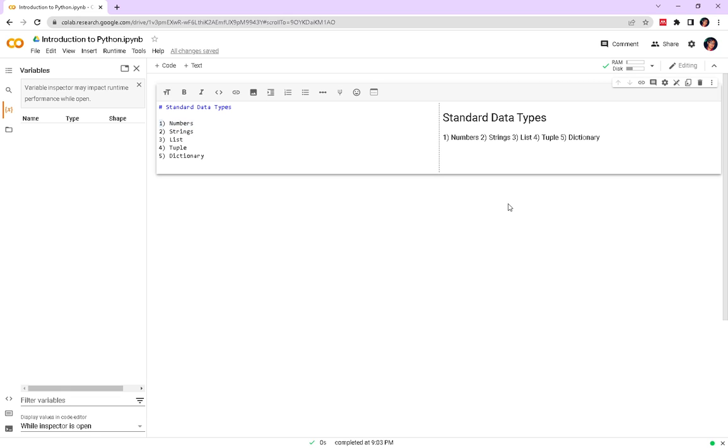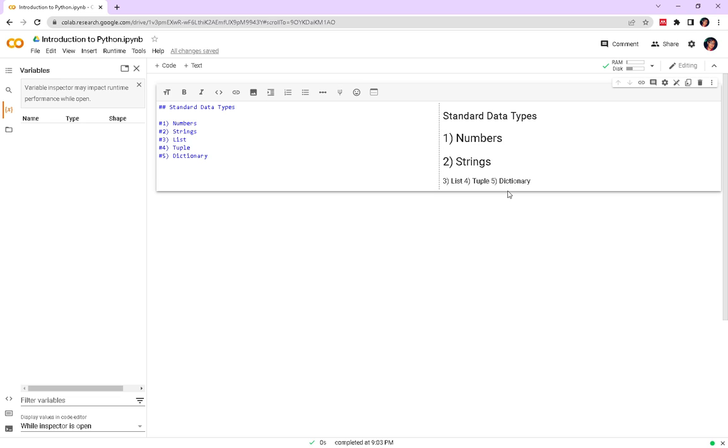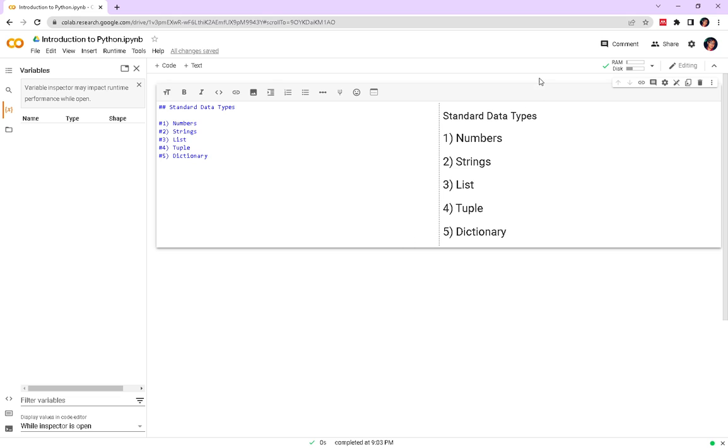Okay, so these are the different data types. Let's look at first